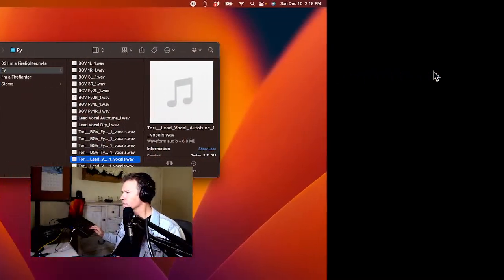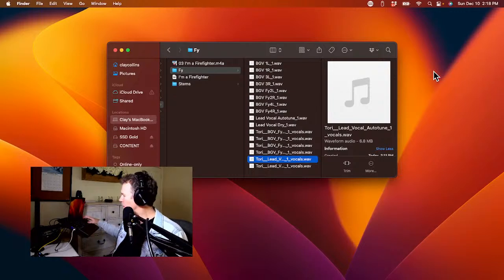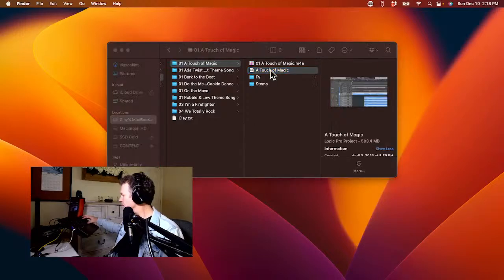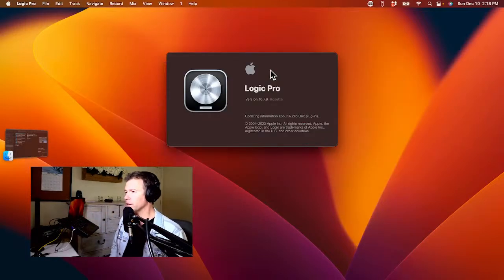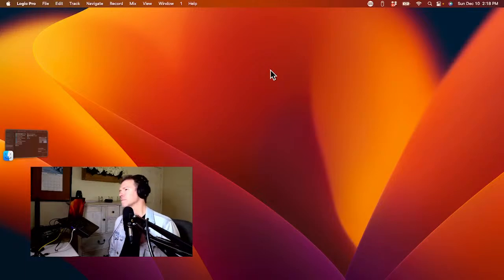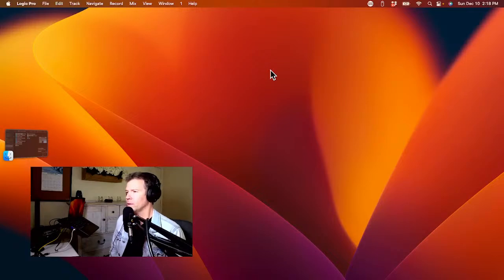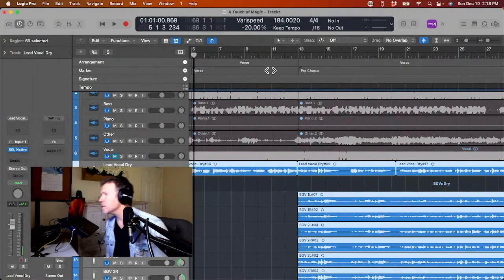I'm going to go over here to my project folder, and just double check and make sure that everything is working. Everything seems to be. We're going to start right from the top. So we're going to start with the first song, Touch of Magic, and open this thing up. It probably will take a little bit of time